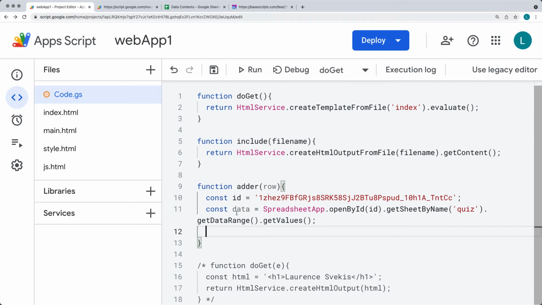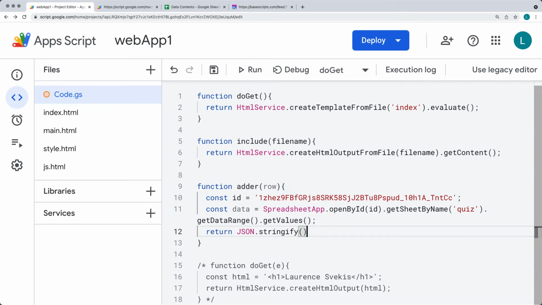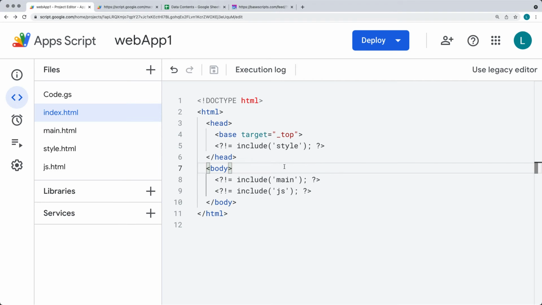And we want to actually return here. So creating output content in a, let's do it within a stringified format. So using JSON stringify, and then the content that we want to return back. So this is going to be coming from data and using the value of row to return that content. So now if we want, we can bring this into our HTML file using the include